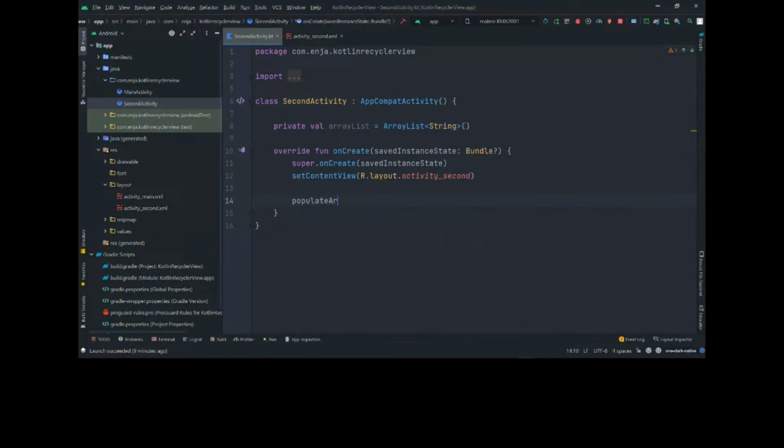Make a function. So I have made a function. I'll write the function here. Open populate array list. So what will it do? It will just insert elements into this array list. So let's add some elements. Array list dot add